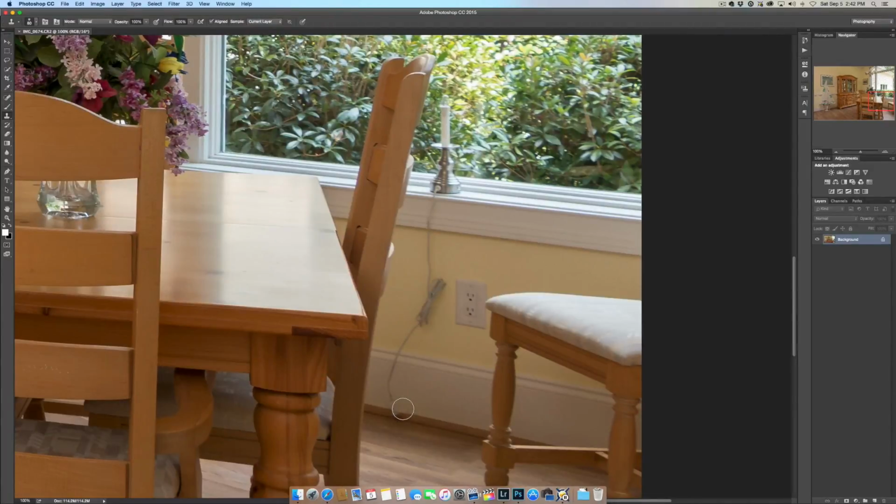Now as I move over, I can kind of line up here and just ever so gently work that out. Now I may have to sample again, and generally speaking you will be sampling a lot while you're using the clone stamp tool. So I'm going to pick another spot here and just kind of eyeball it in there,